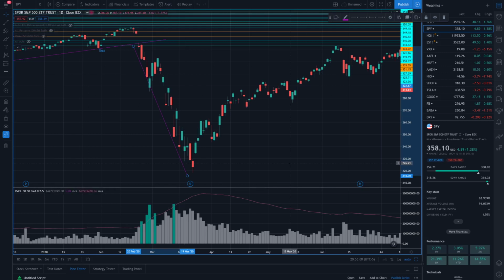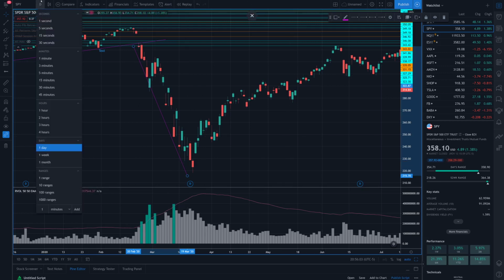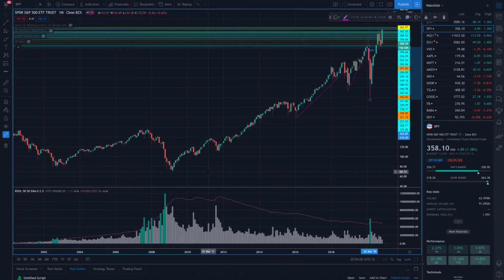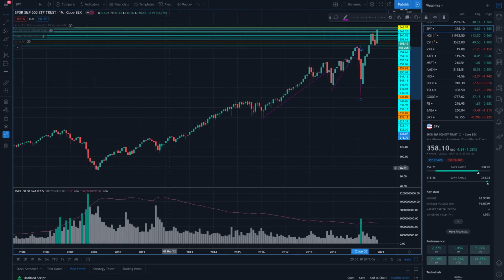So within being able to look at those trends and then drawing these lines, this is where you get your first indication and your first lesson in terms of seeing how things move. Even if we go back all the way to 2009, if we were to draw from the bottom of March 2009 all the way to somewhere up to today, there was a clear uptrend in the overall market